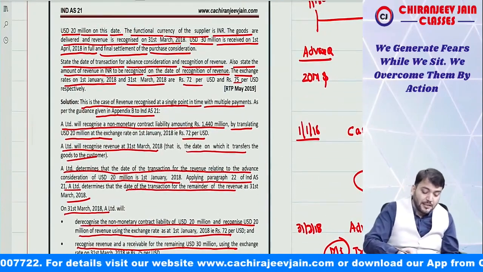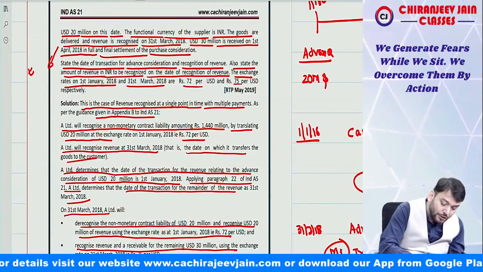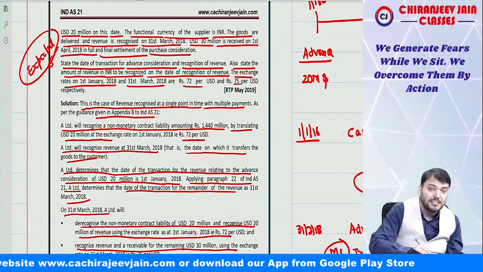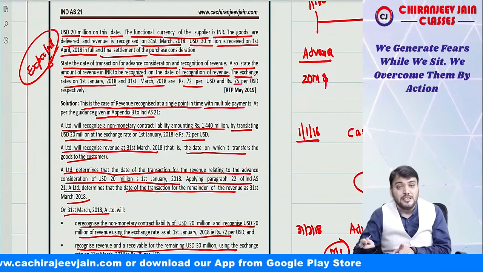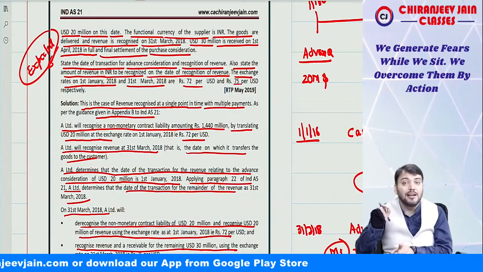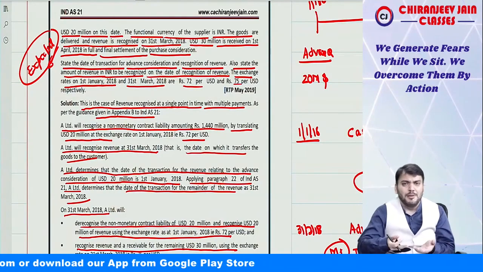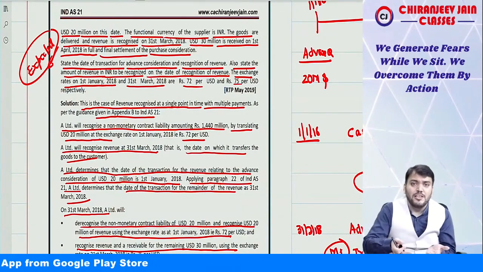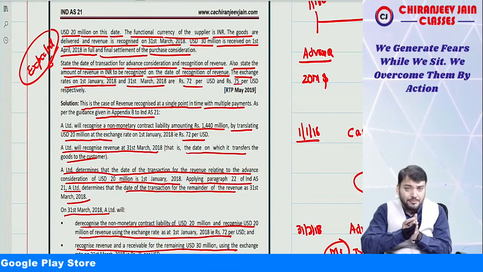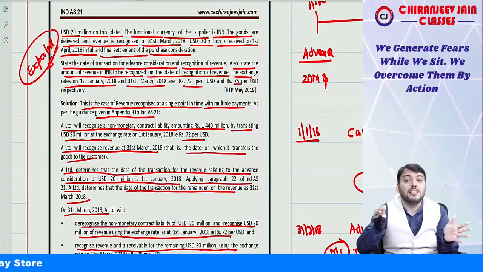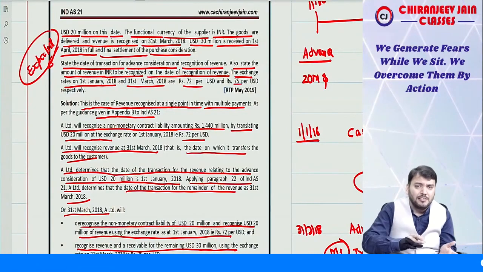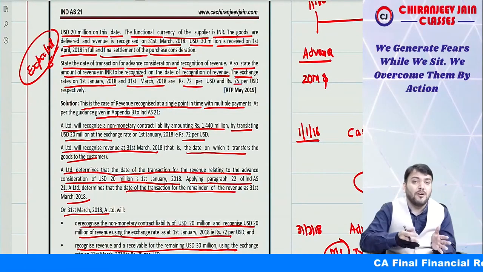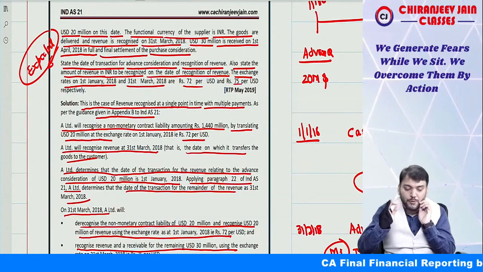Appendix B is attracted, from my point of view, as expected. So whenever questions come, even though you can do without applying Appendix B, you need to write down that this is as per Appendix B to Ind AS 21. But I suppose clarification was not required. It was understood from the fact that whenever there is one contract with multiple payments, there can be different dates of transaction for receipt of advance and for recognition of revenue. I hope you have understood.